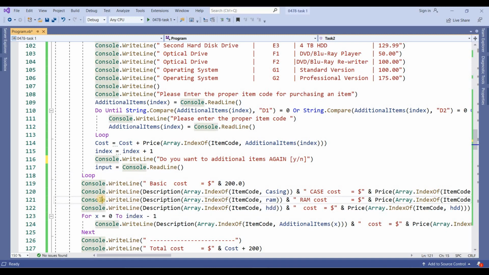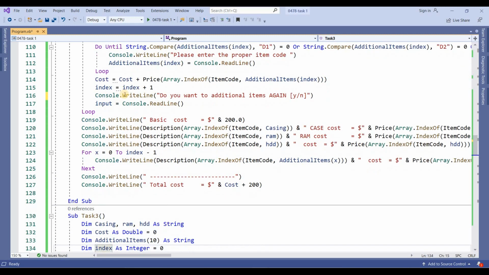Once the loop is stopped, it will show the basic cost is $200, and this is the casing cost you have seen in the previous task also. Next one is the RAM cost, and this is the hard drive cost.